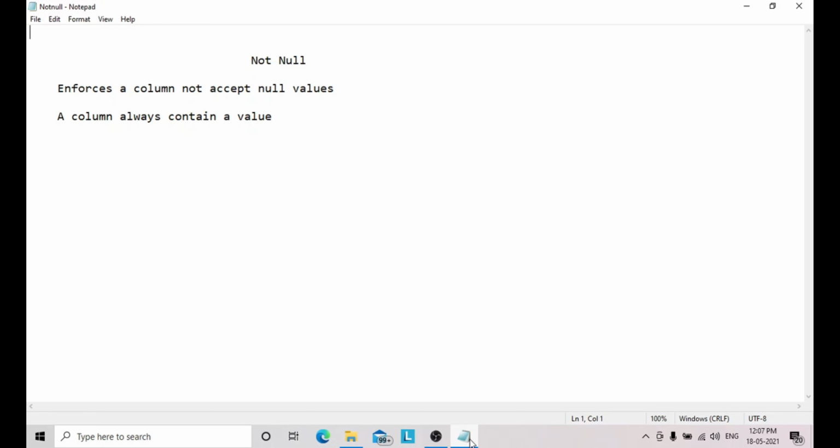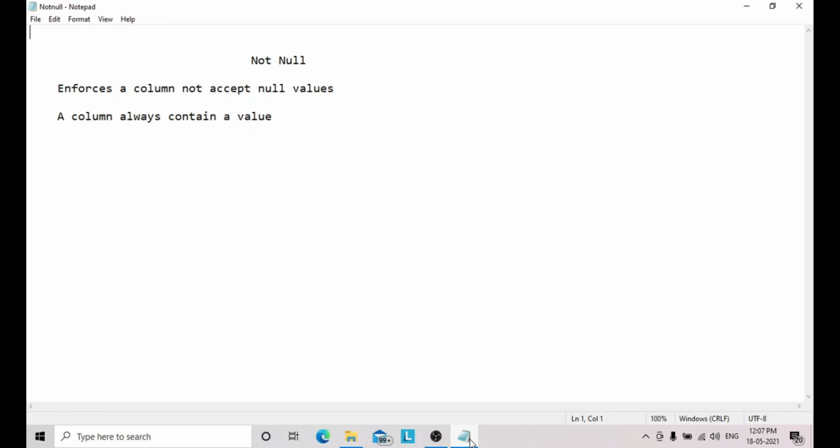I will give one example. If I am creating a student table, which contains a few columns: ID, name, phone, address, subjects and marks. On that table, I am not allowing null values for ID and name.